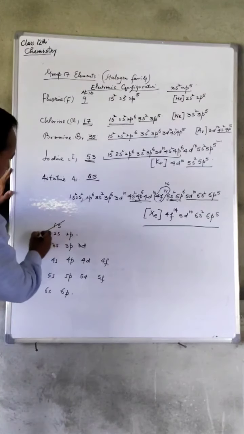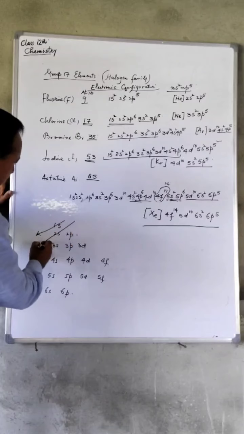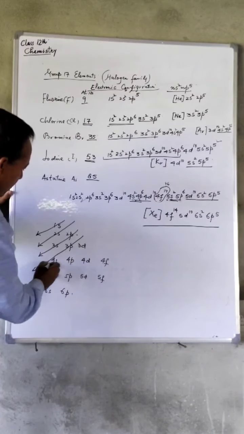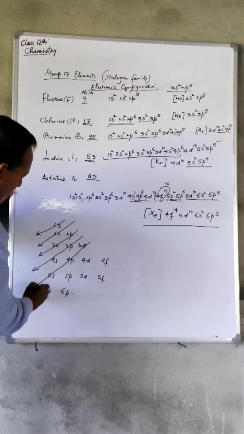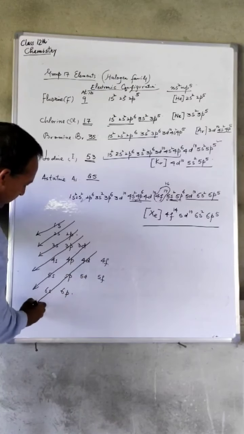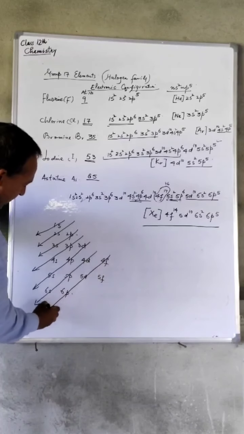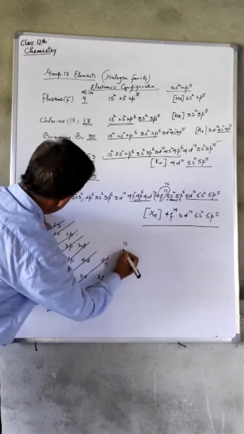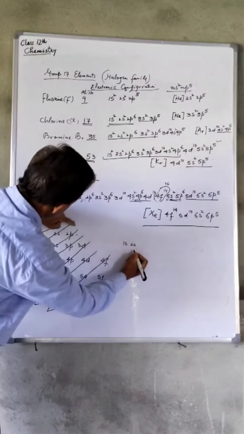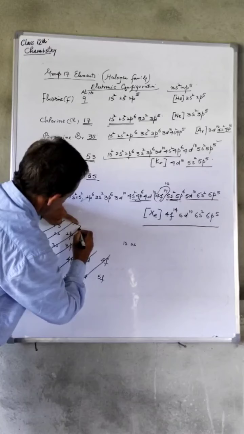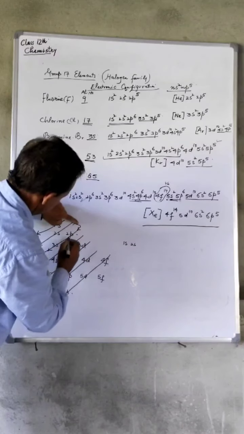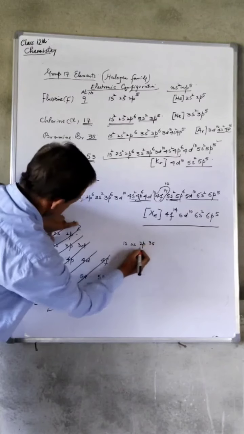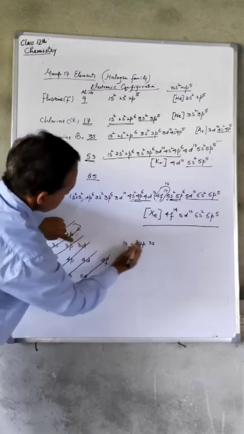While filling the electrons, according to the increasing energy of the orbitals, n plus l will apply. ये हम increasing order of the orbitals देखते हैं according to the increasing order of the energy. तो पहले 1s, उसके बाद 2s, उसके बाद यहाँ जाना है 2p, 3s, इसके बाद 3p,